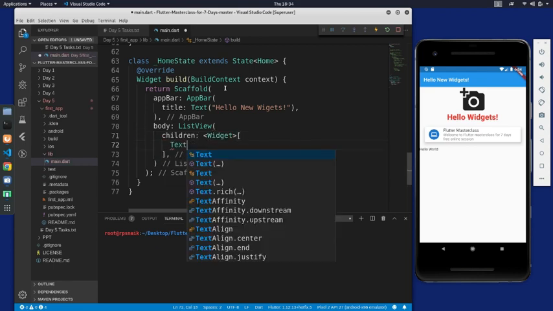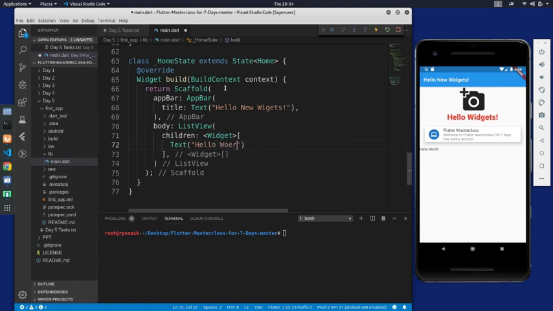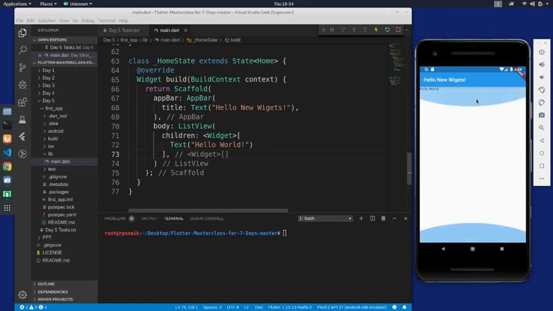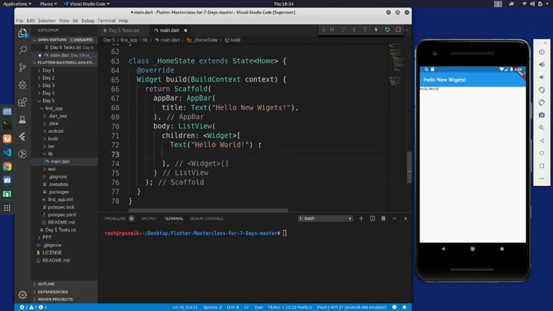Perfect, right? And then I can give that test widget, hello world, hit save on it, and you can see the entire screen is now actually a widget. I'm sorry, a list view. So it is now scrollable. So for example, if you have hundreds of these text widgets, one down the other,